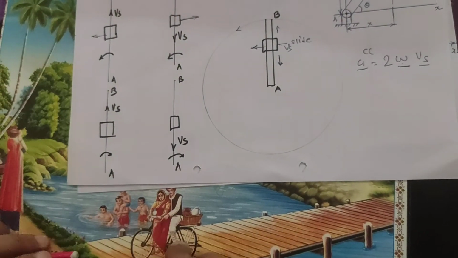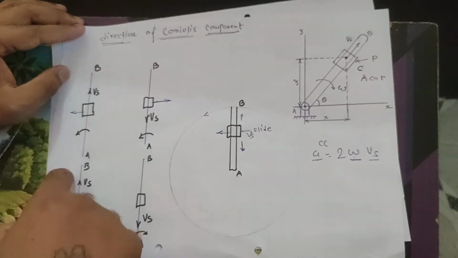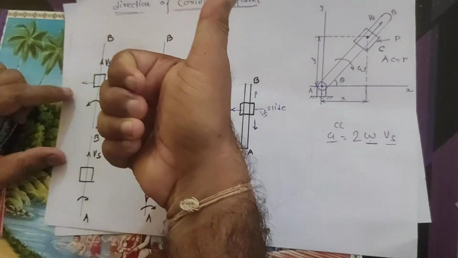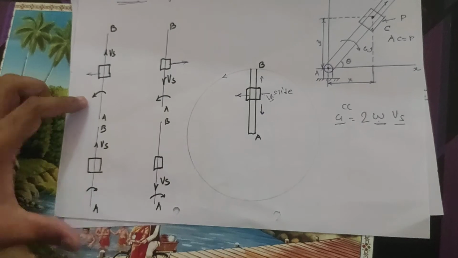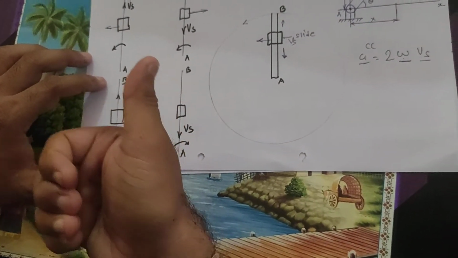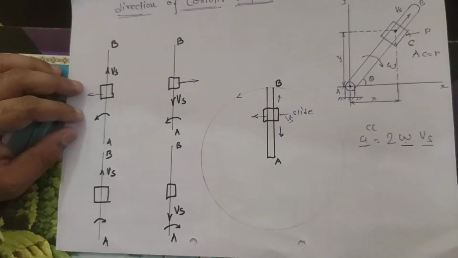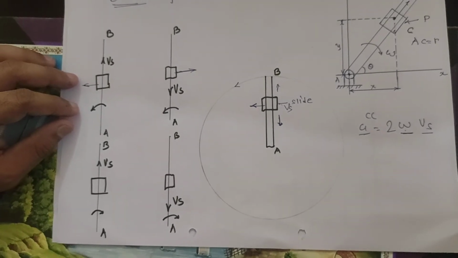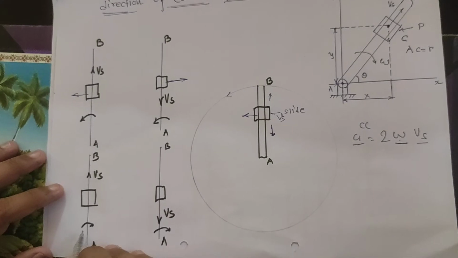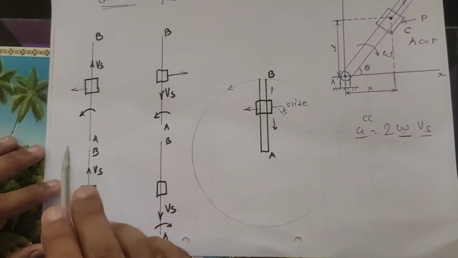Okay, so once again there is a simple thing that we have to calculate. Consider this is our link, and this is the slider. In which direction may it move? This is a simple thing to understand. For the simple understanding of the direction, I have to consider this a clockwise direction, and at this point we have to consider the velocity may move in the upward direction.